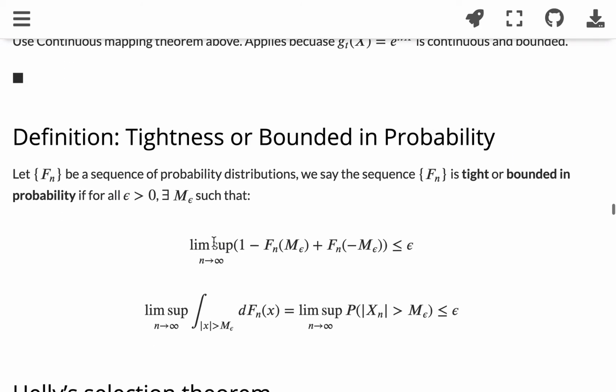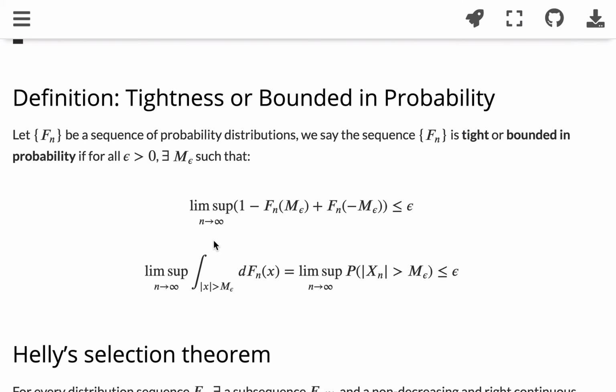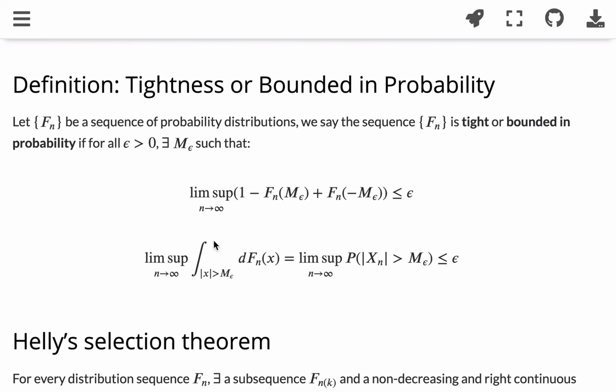Next, we're going to talk about a concept called tightness, or bounded in probability. What it means is that if Fn is a sequence of probability distributions, we say the sequence Fn is tight or bounded in probability if for epsilon greater than 0, there exists M_epsilon such that the limsup of the tails, what I mean by tails is that if you look at,